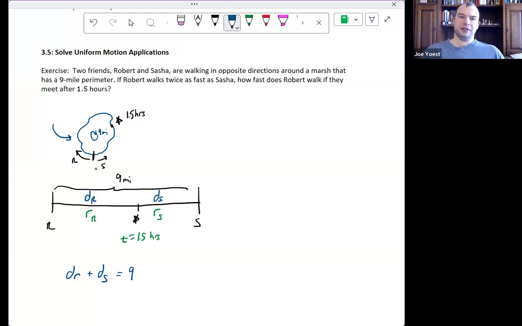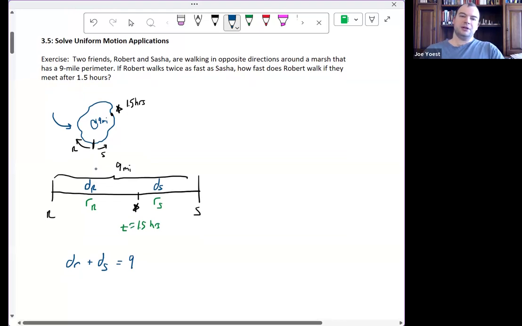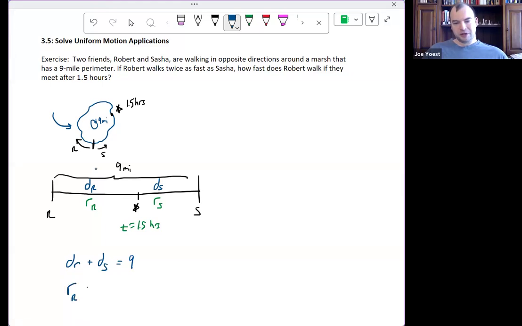If they start at one point and walk in opposite directions around the figure, when they meet again, they'll have covered the entire perimeter of, in this case, the marsh. That's 9 miles. And I also know just directly from the problem that Robert walks twice as fast as Sasha, so the rate for Robert is twice the rate for Sasha. So here I have two equations,